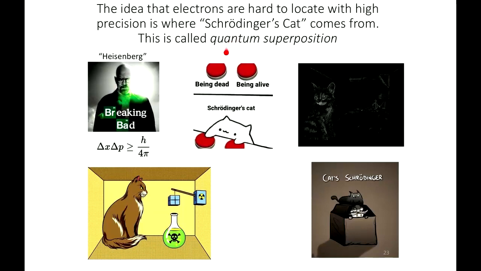And so we also call this quantum superposition, meaning that the cat possesses both those properties, dead and alive, at the same time, until you open the box. Once you open the box, that's what it would be like taking a measurement of something. So you're collapsing the wave function, and what you do is isolate. You know for certain that the cat is dead or alive at that point once you open the box. But the point of that whole thought experiment is that when the box is closed, the cat has to be both dead and alive. It has quantum superposition at that point until you open the box and actually take the measurement.